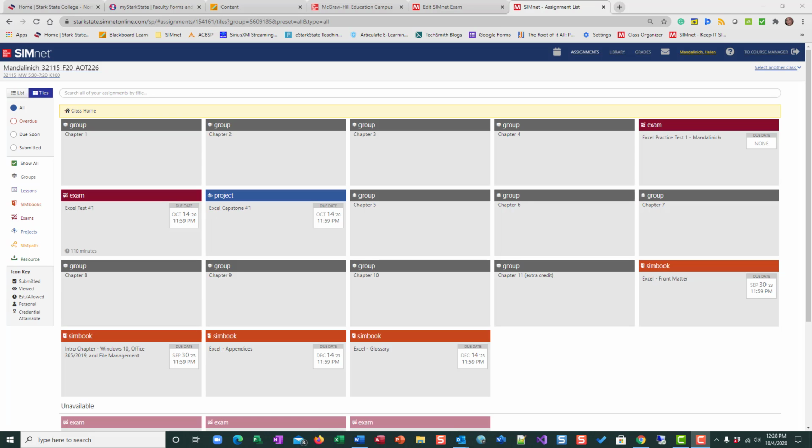I wanted to take a minute and talk about what's going on this week. Chapter 4 materials need to be submitted by the 7th, and there is a test after that. There's two components to the test. Both of them are in Simnet, and if you look at my screen, the red top is the